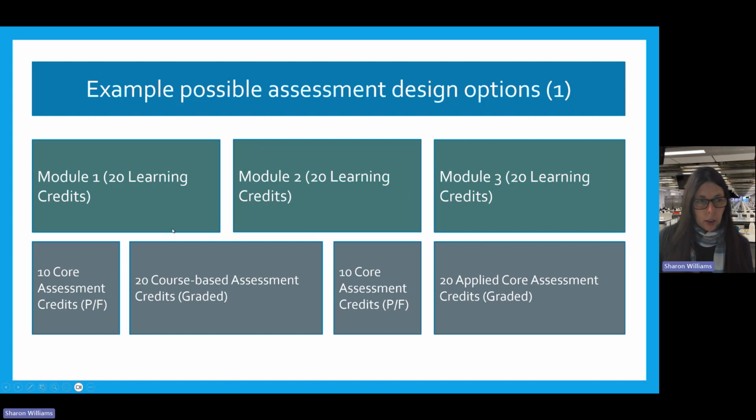20 learning credits. So for the assessment, for example, if we combine those 2 modules, you can have 10 core assessment credits, and that can be a pass-fail, and another 10 core assessment credits for the other module, and that can be pass-fail. And then you can have 20 course-based assessment credits, which can combine those 2 modules. For module 3, there can be a 20 applied core assessment credit, and that is a grade that students will receive at the